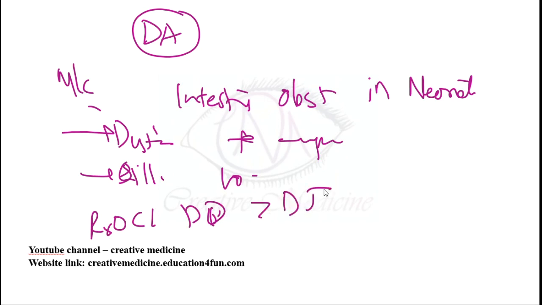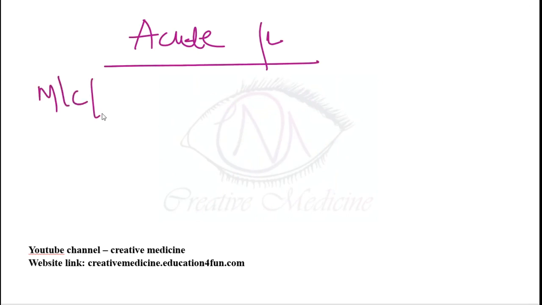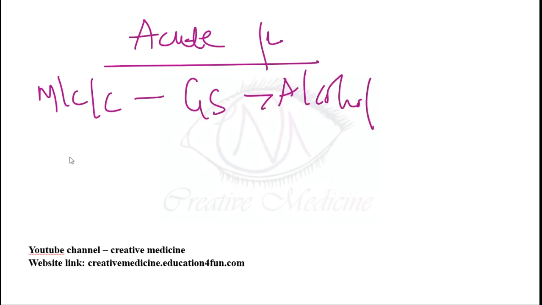Then the next important thing is acute pancreatitis. What are the causes? The most common cause of acute pancreatitis is gallstones, more than alcohol. Then we have other causes like blunt trauma, ERCP, hypertriglyceridemia, hyperparathyroidism, hypercalcemia, carcinoma of the pancreas, cystic fibrosis, then viral infections like cytomegalovirus, mumps virus, echovirus, and many drugs can also cause